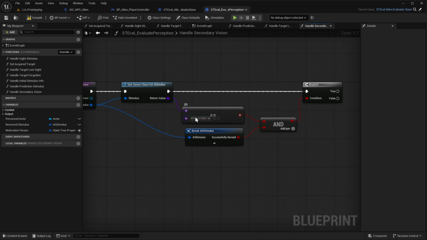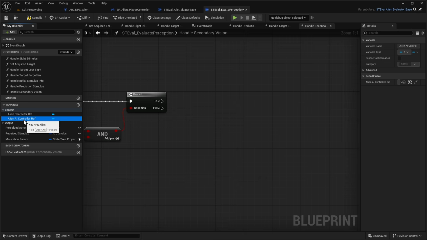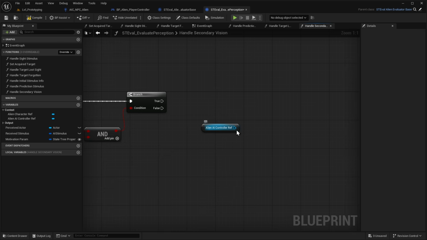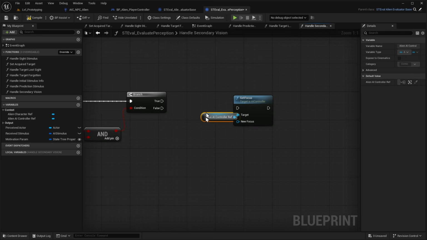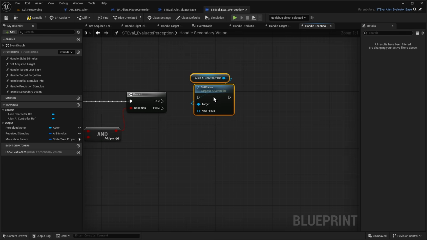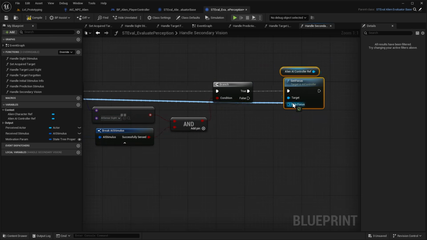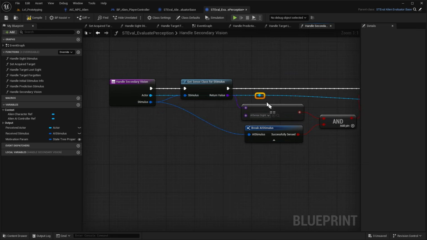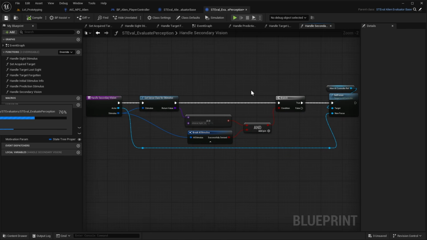So if our sense stimulus is of type AI sense site and it has been successfully sensed, then we will simply get a reference to the AI controller. So under context variables, the alien AI controller ref. And now we want to set focus. And hook that up to true. And the focus will be our perceived actor. Let's clean this up. So when we compile and save,